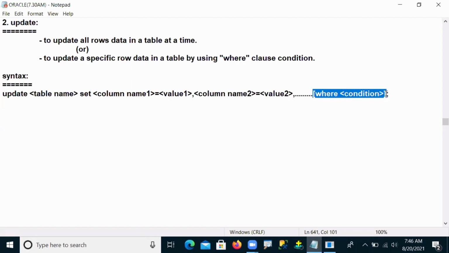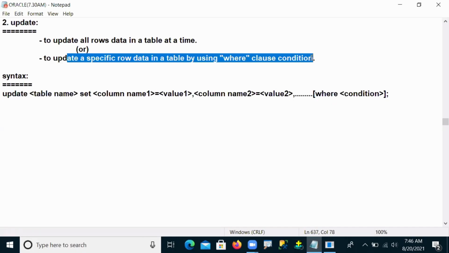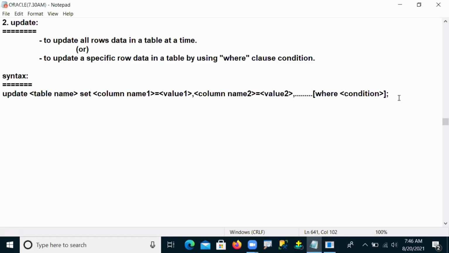Why I'm giving optional brackets means the where clause we can't use every time. We can use it only at specific row updation time, but not always.